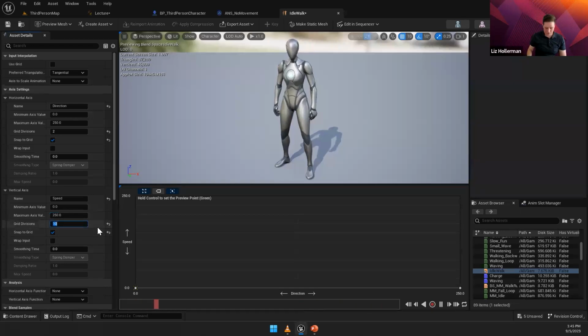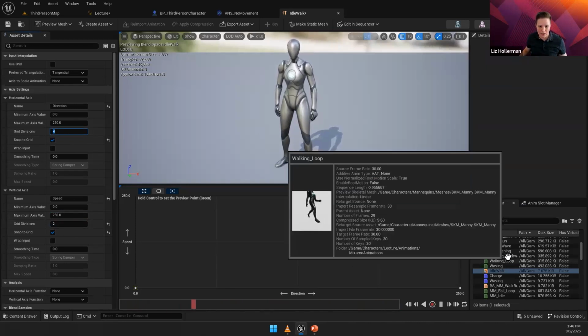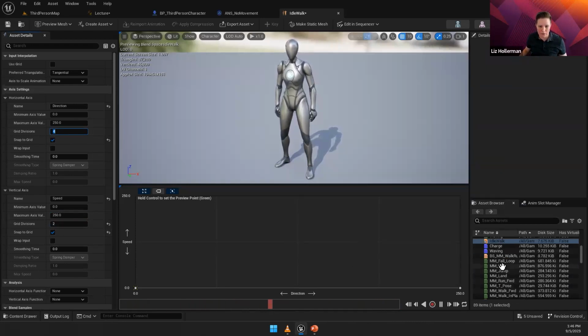That's a lot of divisions in there. So we'll make this back to maybe 2, might need 3 divisions in here. We'll see. 2 and 4. So what I'm going to do instead is make it to where, because I have a lot of animations in here, I'm going to make idle, just use the default idle, put it all across the bottom here. Okay, because what we're going to do is